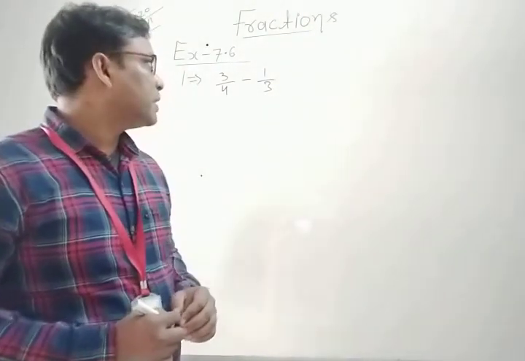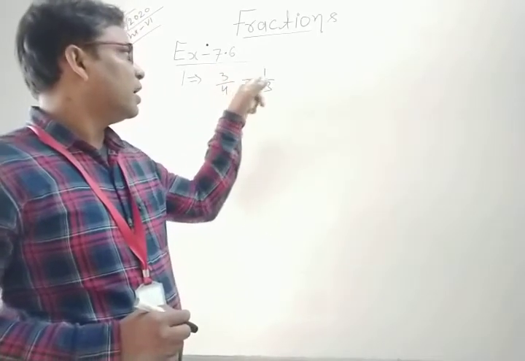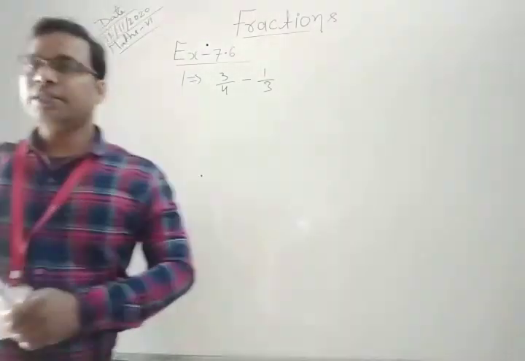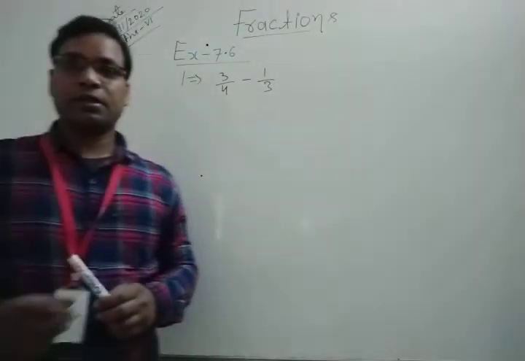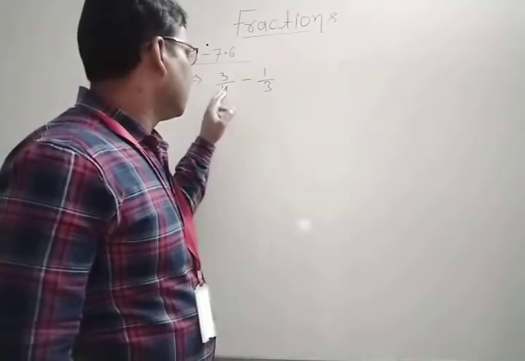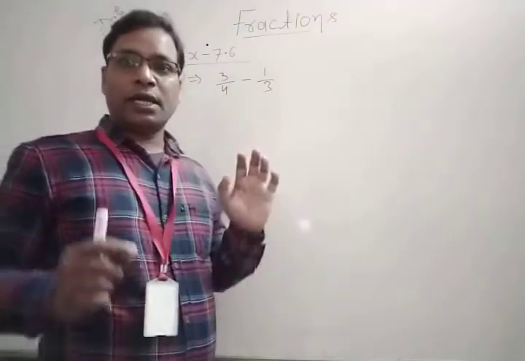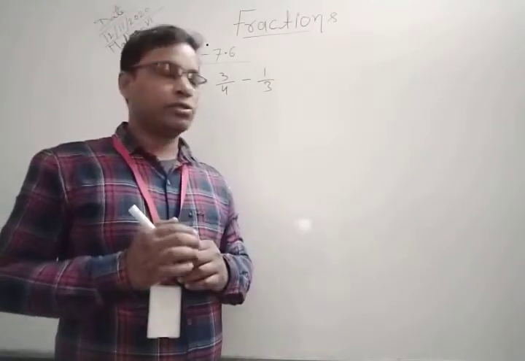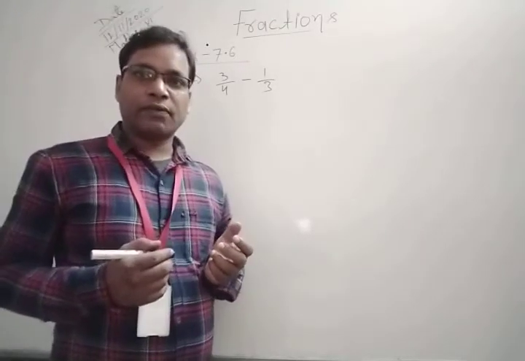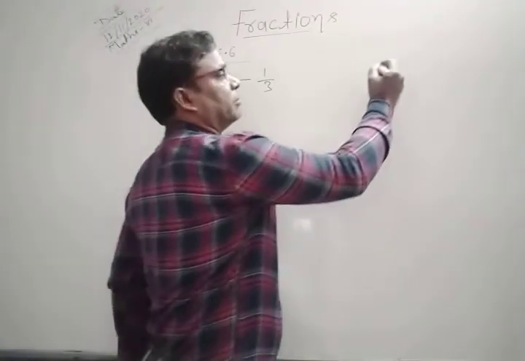So how can we subtract it? First, you can say both fractions are unlike fractions. So how can they become like fractions? For this, we first change their denominators and make them equal denominators. So first we find their LCM and then subtract, or you can use the cross multiplication method.